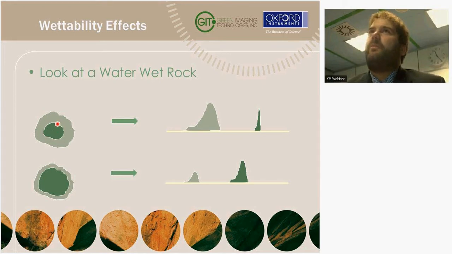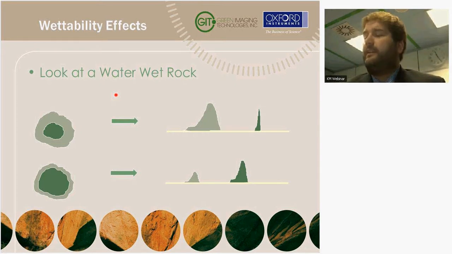We can take the same pore network and we add more oil. The oil will begin to see the pore wall. I know these are kind of loose terms, but it will start to interact with the pore wall, and the oil signal will get shorter in T2. In other words, it will move to the left. Of course, the water signal simply gets smaller. So the way it works is, during a drainage cycle, if we're adding oil to the sample and the oil signal moves left, we can say with certainty that the rock is water wet. So there is a